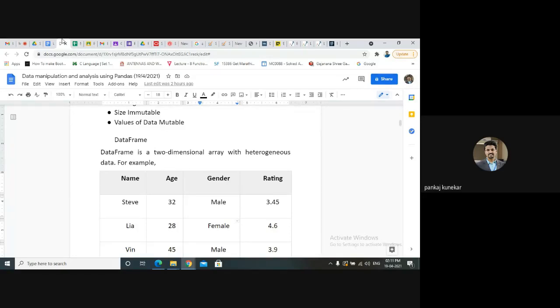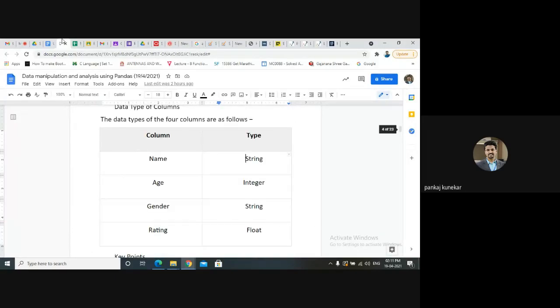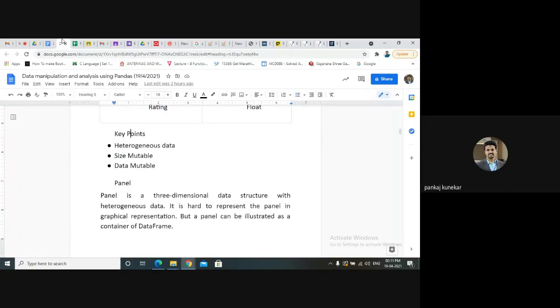It's a tabular structure with rows and columns. Key points are heterogeneous data, size is mutable, and data is mutable. And finally, panel is a three-dimensional data structure, which represents your panel graphical representation. It's like a container of data frames. Panel can be illustrated as a container of data frames.